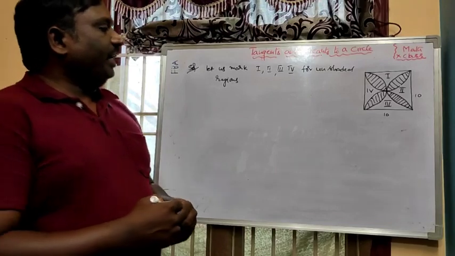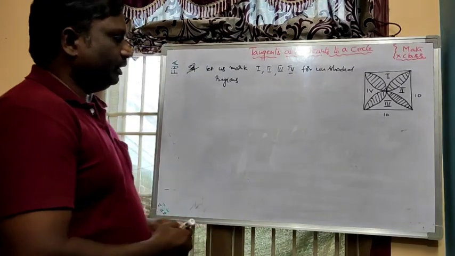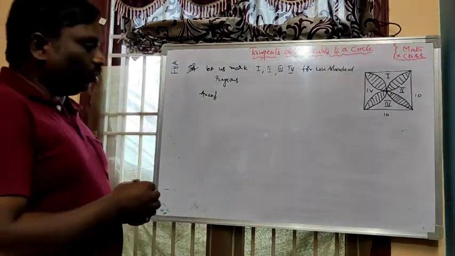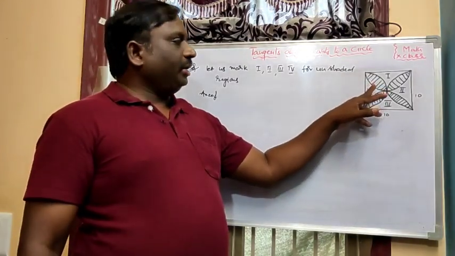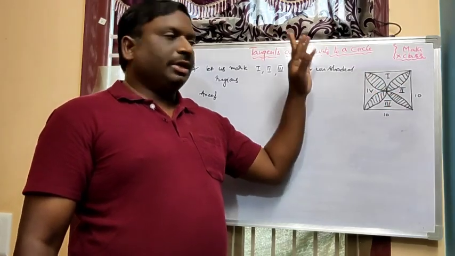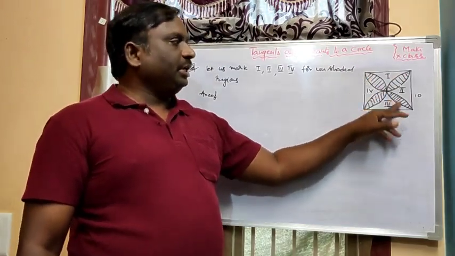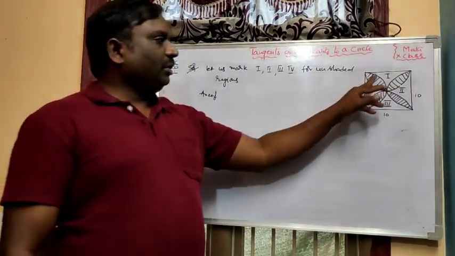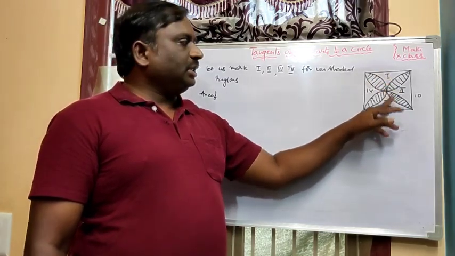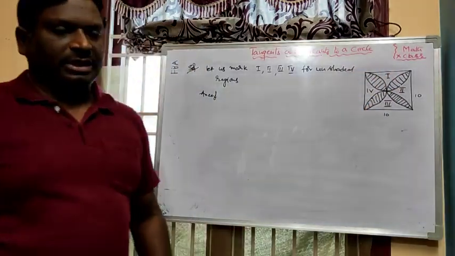So first I am finding the area of unshaded regions 1 and 3. How to find the total value? First I will find the 4 unshaded regions. I will subtract those 4 unshaded regions from the total square. Then you will get the shaded region value. If you subtract these 4 unshaded regions from the total square, then you will get the area of the shaded region.